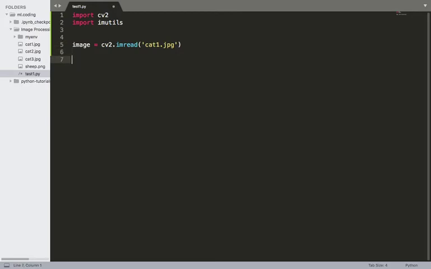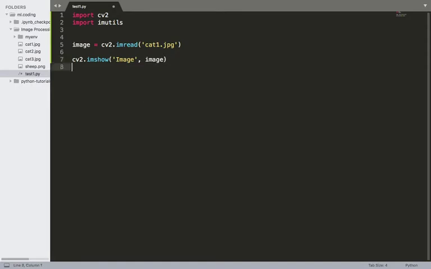After that we have to write cv2.imshow, this command will show the image. In imshow we have to name the window. It will give a pop-up window, and this name is the title of the pop-up window. Then give which image you want to show, so give image.